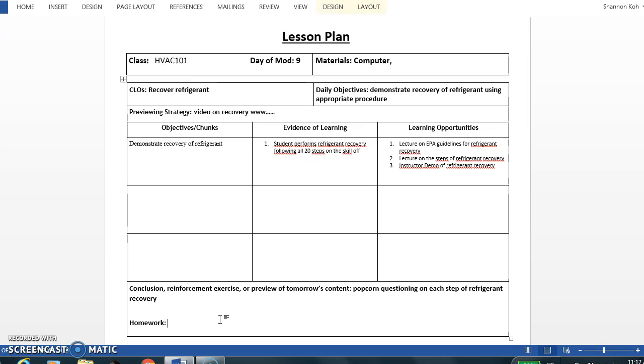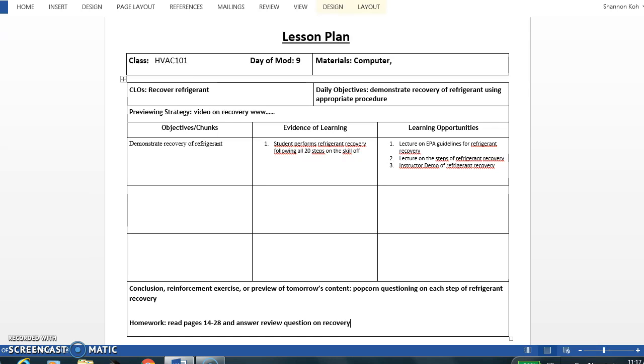Maybe they need to read the next section that's coming up, but something to reinforce the material that they're learning. I think most students, average students, need to hear the information, do something with the information, perform those tasks 8 to 10 times before it's ever really committed to their long-term memory. Okay, so you want to be very detailed with that. So maybe it's read pages 14 through 28 and answer review questions on refrigerant